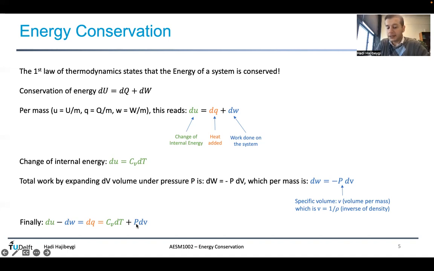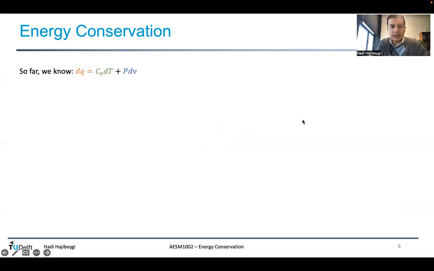So I end up with a formula that would tell me that dq is Cv dT, that's the dU part, plus P dV, which would be the dW, which is work performed on the system. Given these terms and being in balance, now if no heat is added to the system, if no change of volume takes place in the system, change of the temperature will be zero. It's exactly like saying that the internal energy of the system would not change.